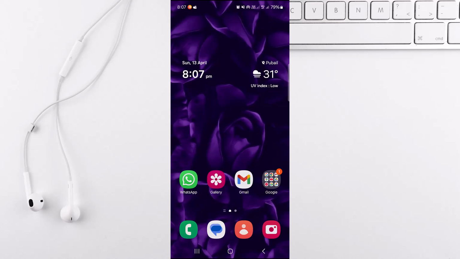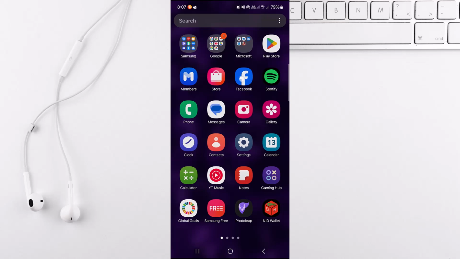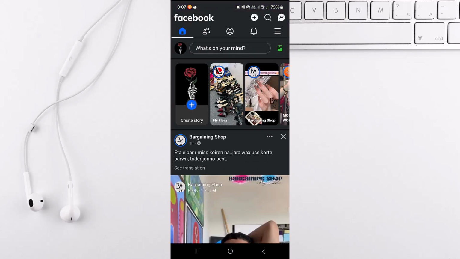In today's video you are going to see how to disable location on Facebook. So to do that, let's head over to our Facebook application first. So once you're there,